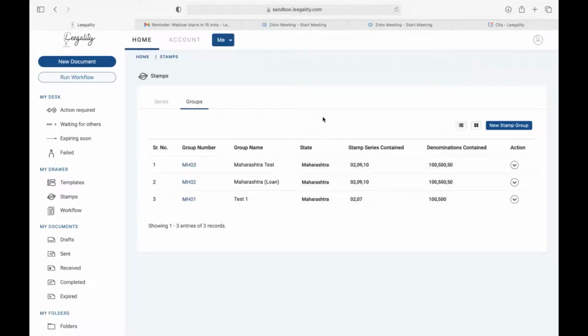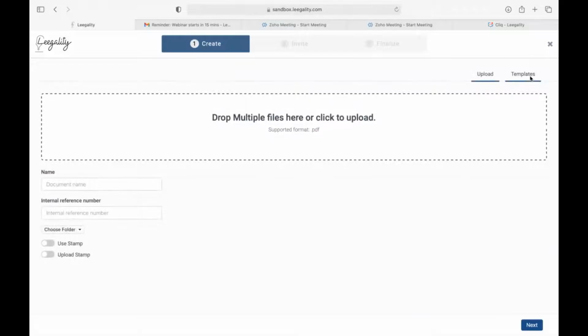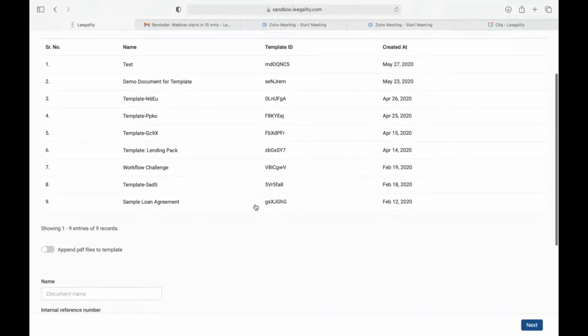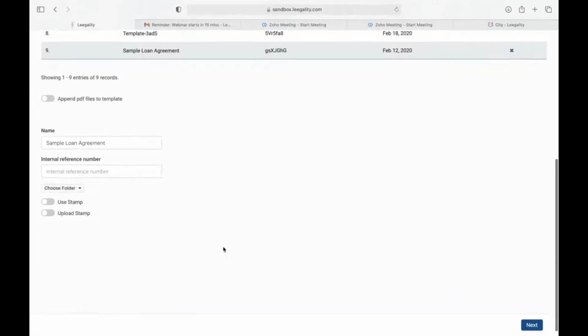So now that you've created a stamp group, the next step is to use the dynamic stamping feature in a particular journey, right? So let's start with that. Select a template. You toggle on the use stamp feature. You select the option of use stamp group, right?